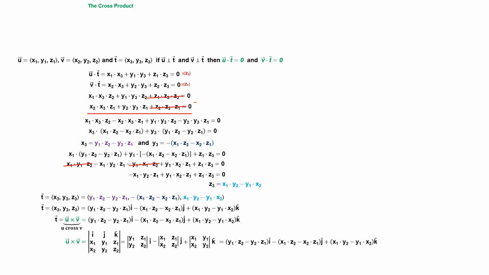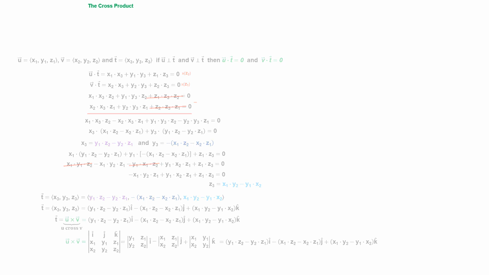The cross product results in a vector, so it is sometimes called the vector product. We now turn to the main concept in this video, and we introduce the cross product, which is defined as a determinant as follows. If you have two vectors in 3D space, vector u and vector v, the resulting cross product u cross v is the vector perpendicular to both vector u and vector v defined by